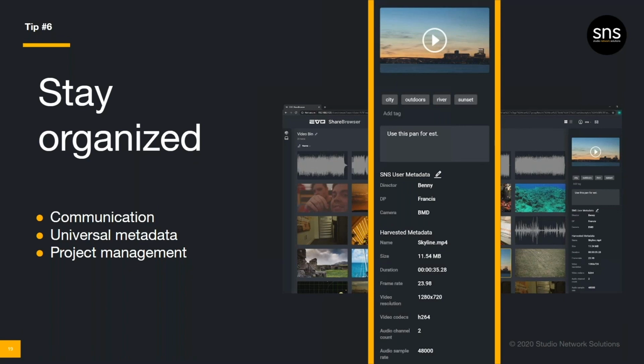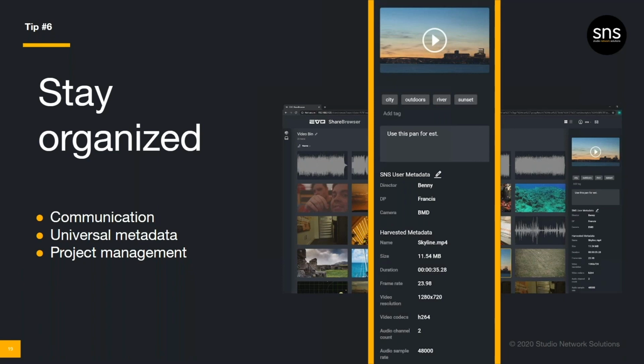You might need to invest in some new technologies to make remote communication easier for your team, but chances are you probably already have access to some of these tools, and you just need to start using them more often and more effectively. Next, I think universal custom metadata is one of the biggest things that people don't necessarily take